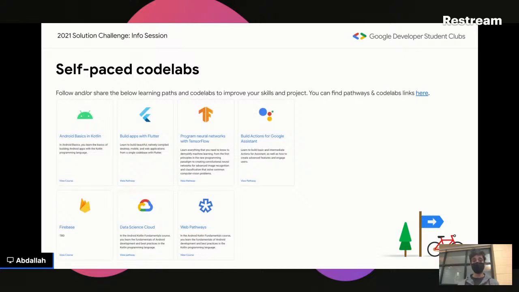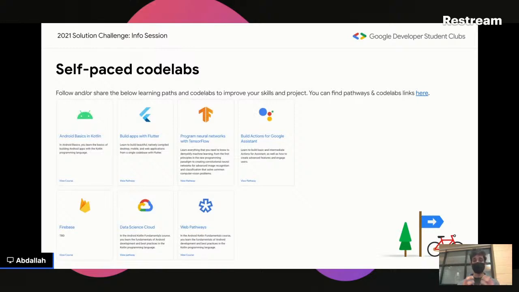Based on what you need, you can always go to the Google Codelabs website, just literally type in codelabs on Google, go to the website, and you'll find an absolute ton of tutorials that'll take you from the most basic level of a technology to more advanced applications of it. And you can use those self-paced codelabs to learn what technology you need for the solution that you're building.